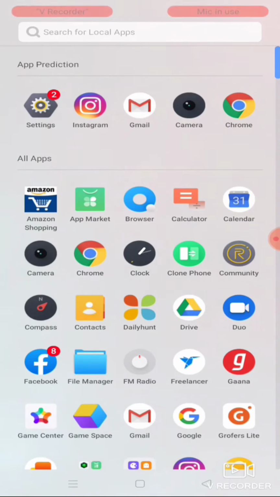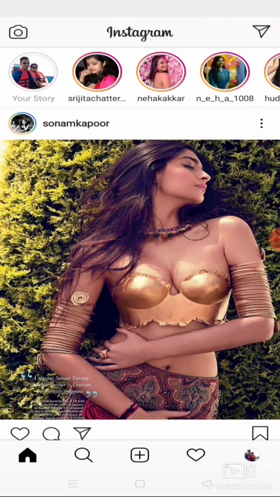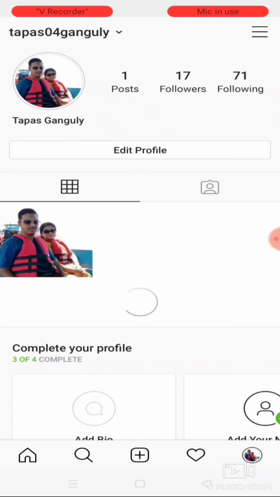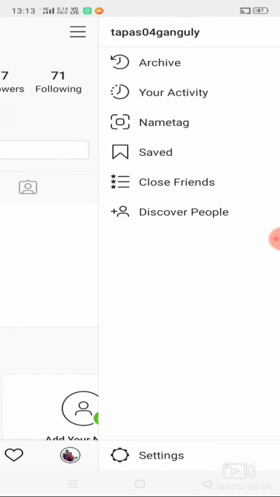Today I have come to show you some new features of Instagram. That is how you can convert your personal account of Instagram to a business account. So let's get started. First you have to go to your Instagram app. After you go to your Instagram app, then go to your own profile. After you go to your own profile, here we can see in the top right corner there are 3 single lines. In these 3 single lines, you have to tap.